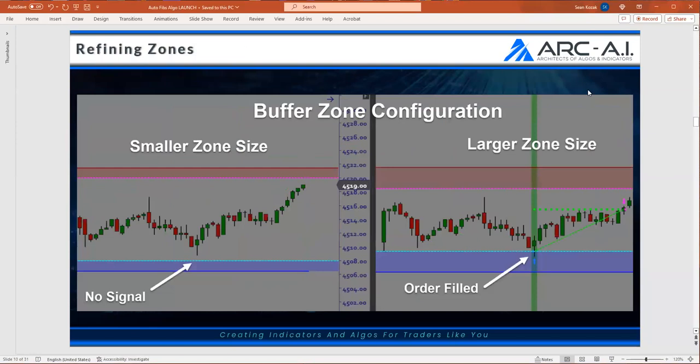The other thing too is when you look at the zones, we have the ability to change the size of the zone, which means if you feel like you're missing trades because you didn't enter near support or resistance, you can optimize for that. You do not have to be guessing how soon should I enter on support and resistance? No. We've solved that problem. We've created what we call a buffer zone. A buffer zone is built off of volatility. We study the volatility around every level, and we basically gauge it based off volatility and average range, and it automatically updates in real time.